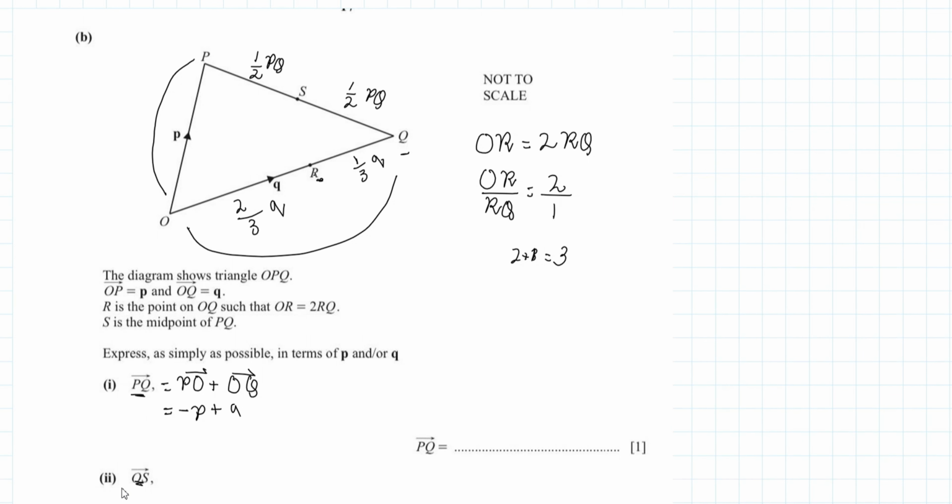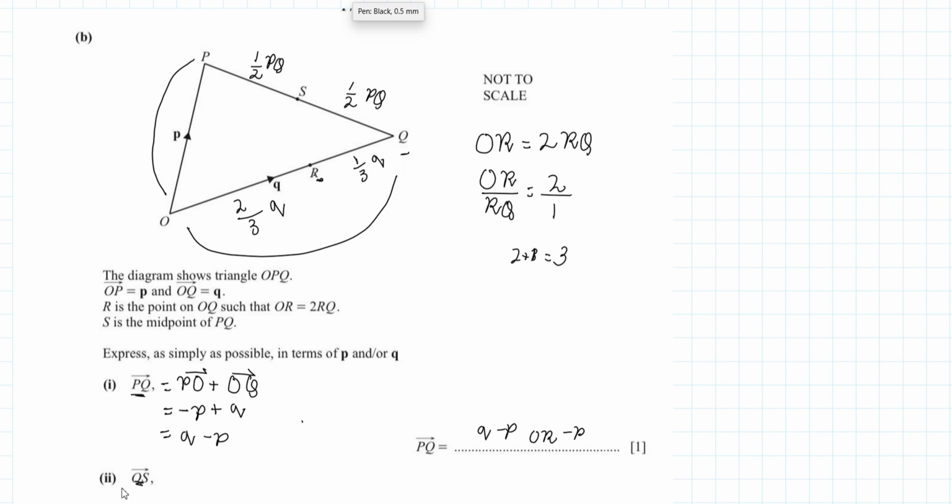It's up to you. You can write it this way, P first and minus Q after the positive sign, or Q minus P, or minus P and plus Q is the answer for this. You can write it in both ways. Now QS, from Q to S,